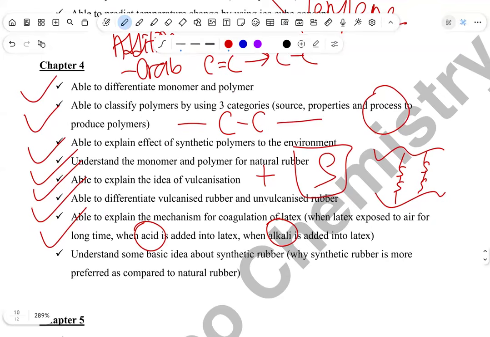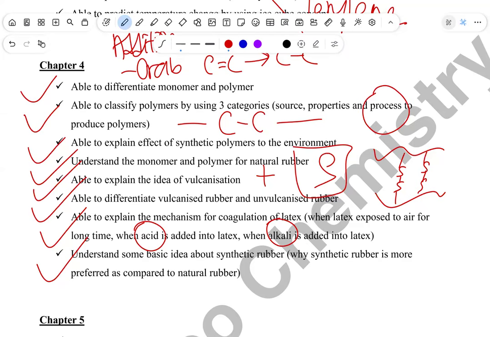Okay. Then synthetic rubber is very rare to be tested in SPM, but it's good to know. So synthetic rubber, you don't need to know too many things. You only need to know some basic thing. Example, why they prefer to use synthetic rubber compared to natural rubber. For example, here in Malaysia, even though we are like one of the largest natural rubber producer in the world, okay? But why we still prefer to use synthetic rubber? A few reasons, okay? Number one,